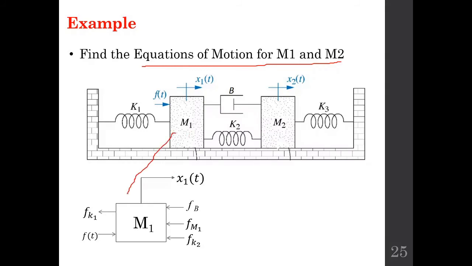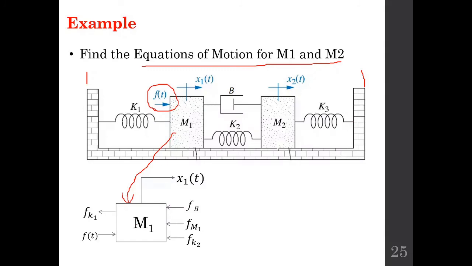The free body diagram of this body is given here. Now here, this is the applied force. This is the displacement x1, this is displacement x2. Now these two reference points are 0. m1 is connected between x1 and this point with the spring k1, and m1 and m2 are connected by this dashpot and k2, and m2 is also connected to this wall by this spring k3.